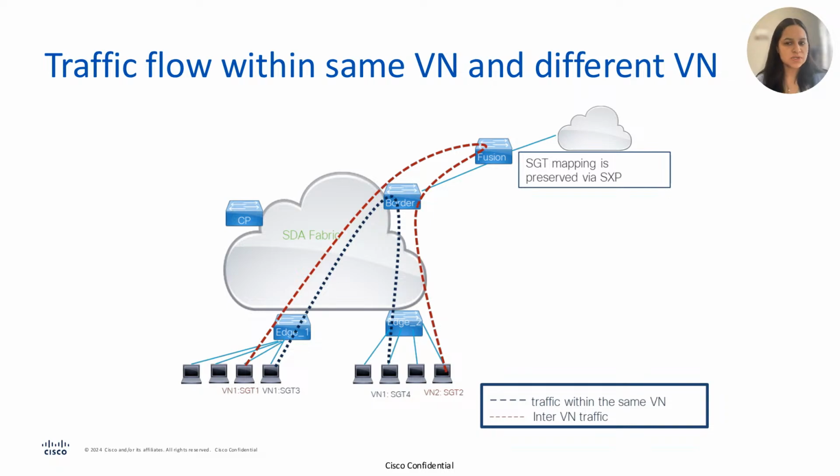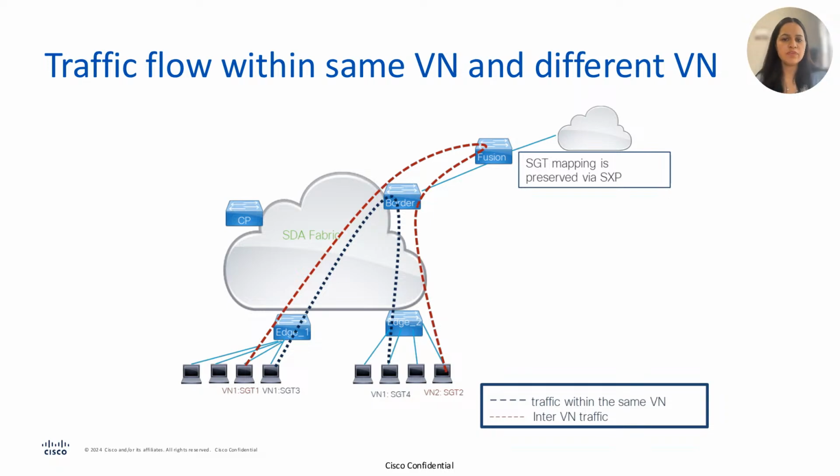I won't be going too much into SXP details here, but just to give an overview, in case of routing between two different virtual networks, as soon as traffic leaves the border to Fusion, the border router removes the SGT tag and forwards the traffic as plain IP traffic. So in order to preserve the security group tag, we use the SXP protocol between ICE and the border. So this is one kind of